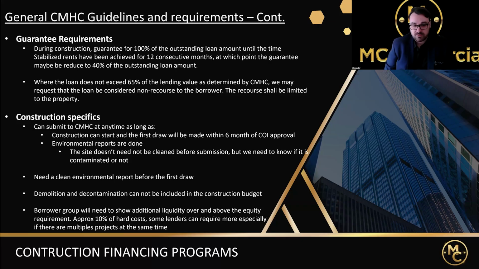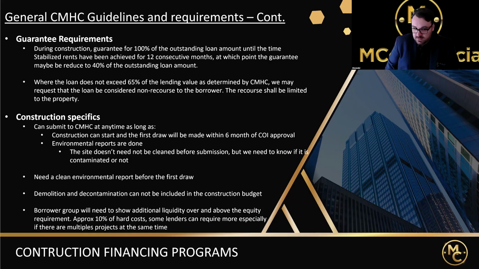They even give the example that if everything could get done in 6 months, you could even submit your construction request before you close on the purchase of the land, right? You just have to make sure that everything tees up. I know that's a very rare thing where you go through all permitting and get done within 6 months, but for CMHC, they just want to make sure that the 6 months is respected.